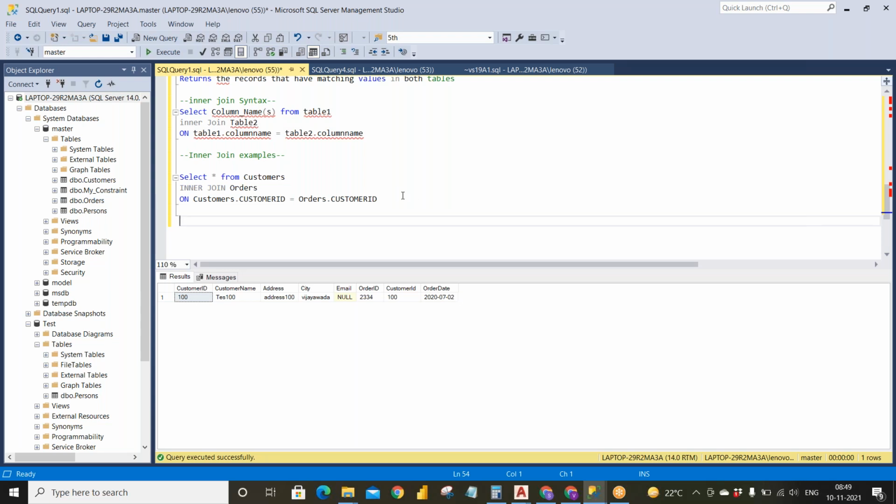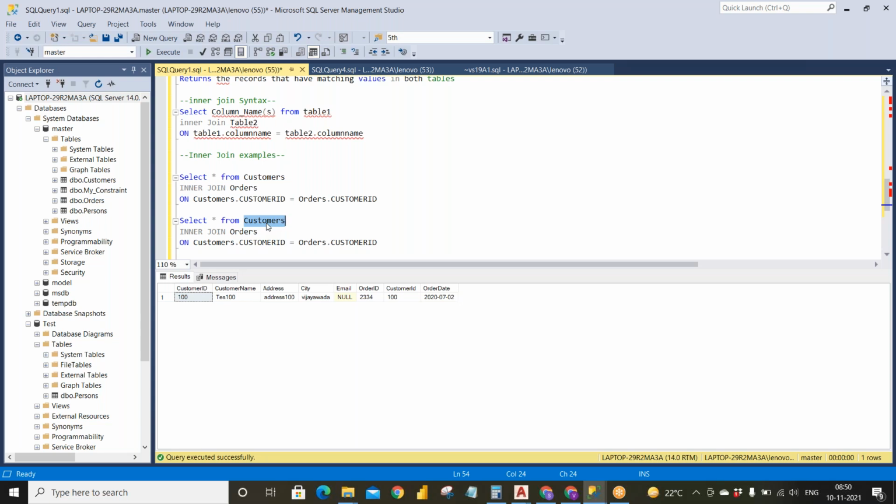But before that, we will see what's the significance of alias over here. Now, suppose this customers is a very small table name. In practice, your table name may be over 100 characters, like customer table in so and so supermarket.